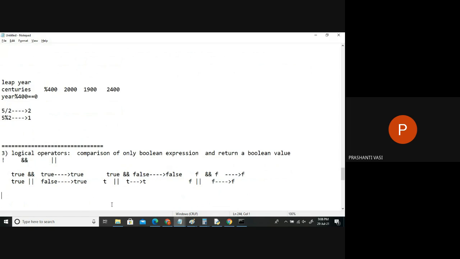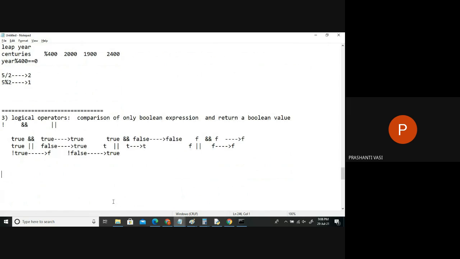And the NOT operation is a unary operator, and we'll just use one expression here. If it is true, it's like not true. Not true means what is the answer? False here. If I say not false, the answer would be taken as true. So when will I use these operators? Not by directly comparing true and true, but by getting true and true answers from relational comparisons.